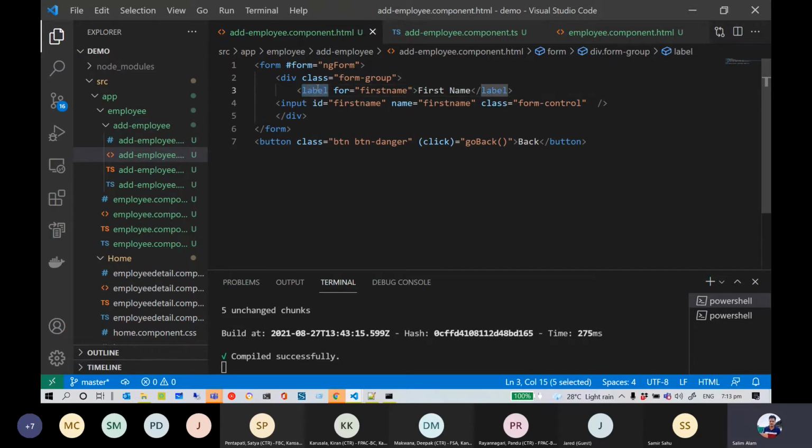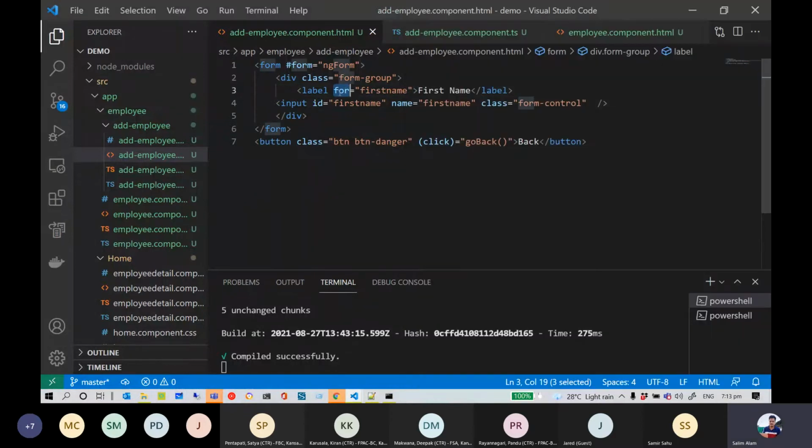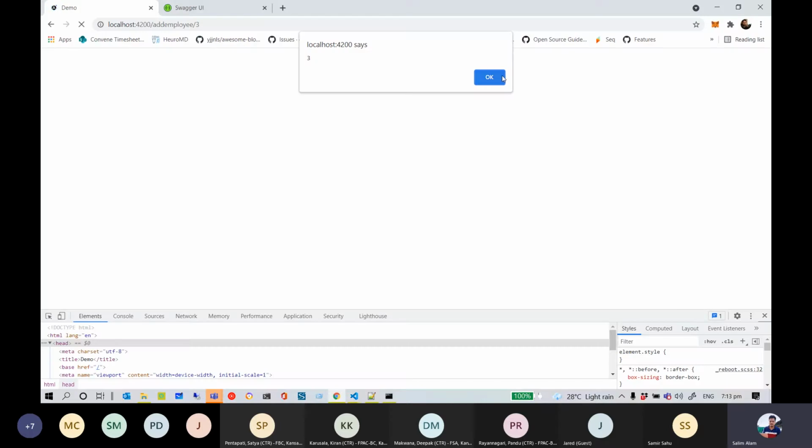I have created a label using an HTML tag, saying that the label name is first name. I'm using an input tag here to get a text box, setting the ID as firstName and the name of the control as firstName, and using the bootstrap class form-control. So if we look at our page,